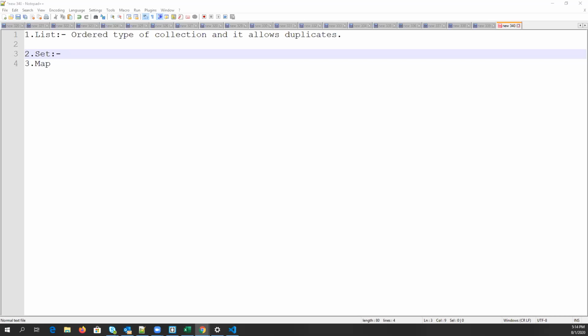The same way you can also use list or set for further examples. The ID example was great. Most of the time you generally use a set for the storage of IDs, because an ID is a unique element in Salesforce. Right, guys? Okay, so as we said, list is an ordered type of collection and it allows duplicate values.